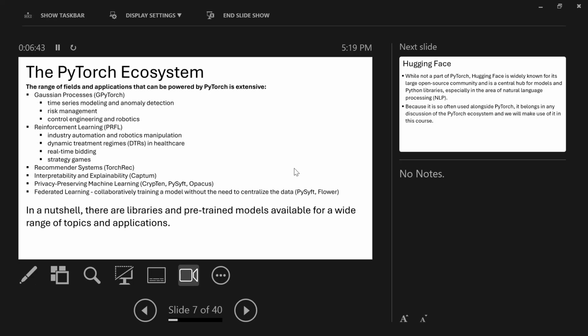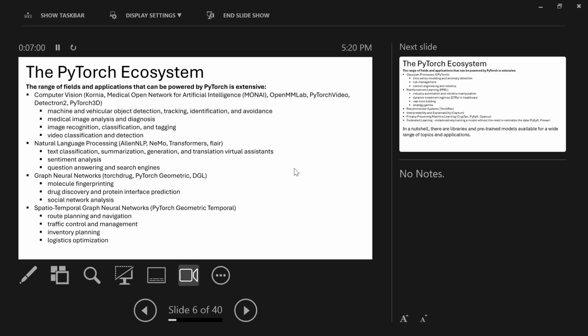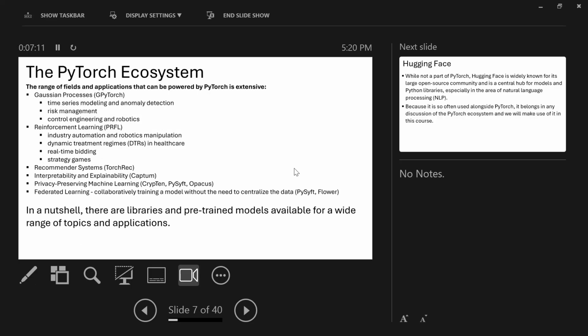I will come back to reinforcement learning later when I talk about the types of machine learning. All of this, we are not going to be using it in this particular course because they are out of scope for what we want to do. The only thing that is within our scope is just these two: computer vision and natural language processing. So the others, they are beyond our scope.